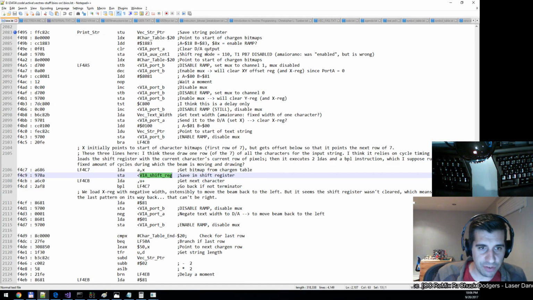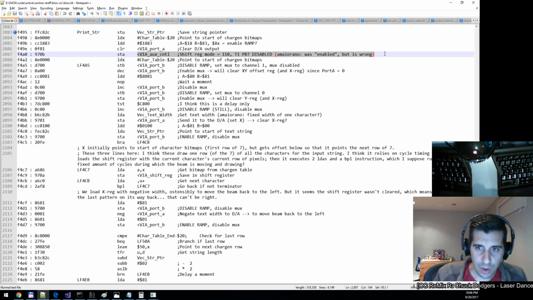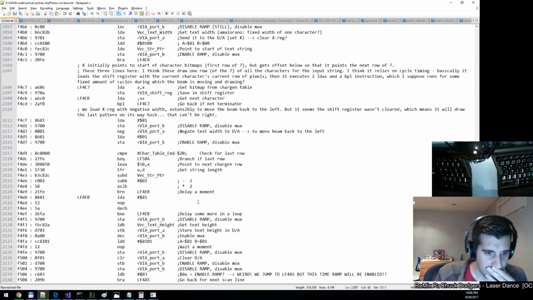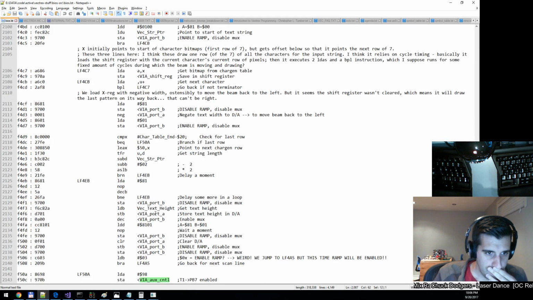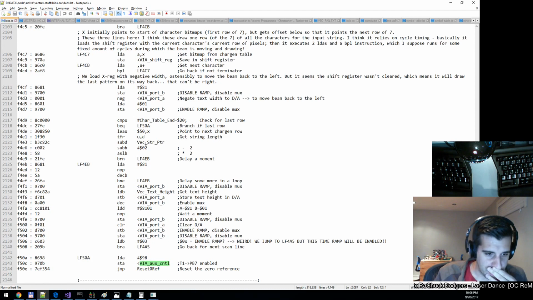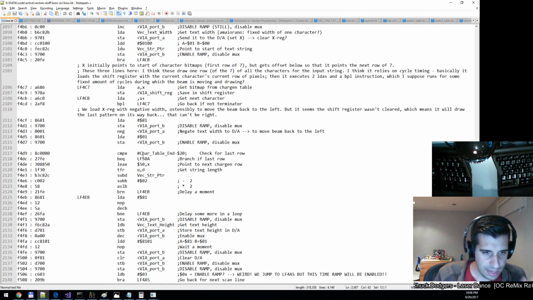There's a set shift register mode up here, which makes me wonder, does setting the mode also clear it? I don't know. That's a possibility. It's very possible, actually. Although, I don't know. It doesn't get cleared again. So, anyway,